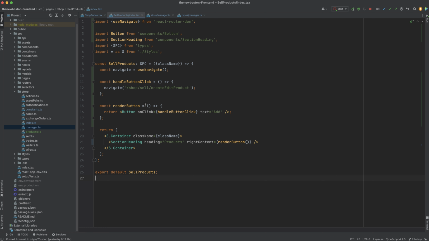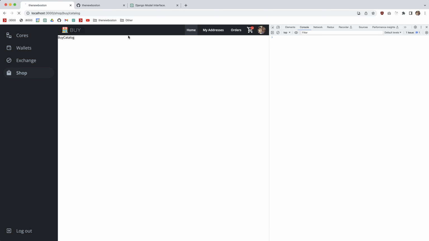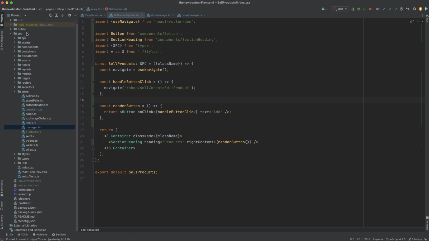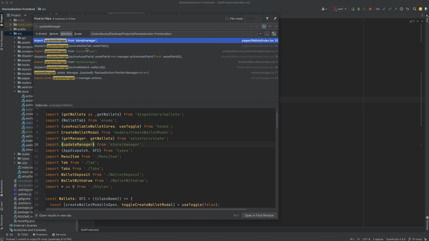So now, finally, what we can do is whenever we click this button right here, this add button, you see how it's going to take us to this page right here? Well, what we want to do, even though we don't have any way of setting these active products right now, what we are going to do is just go ahead and,